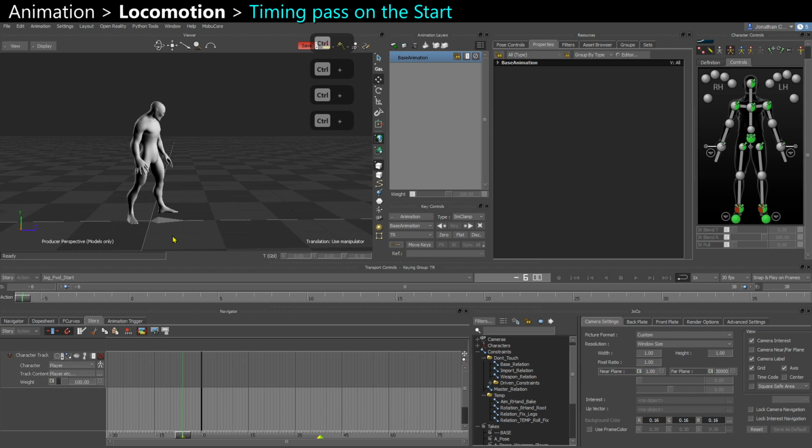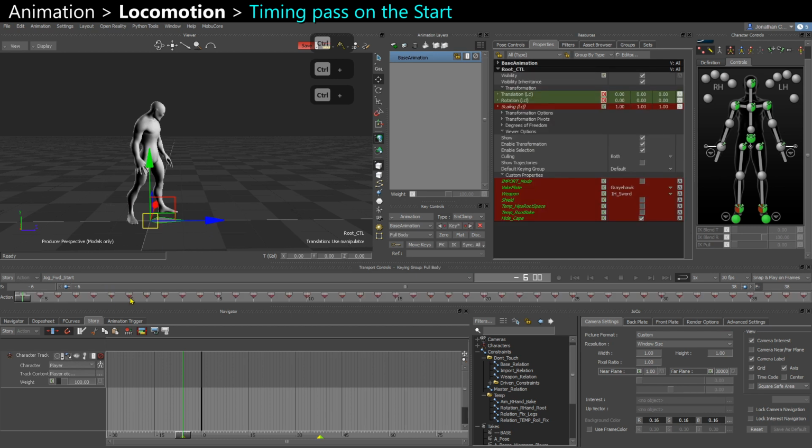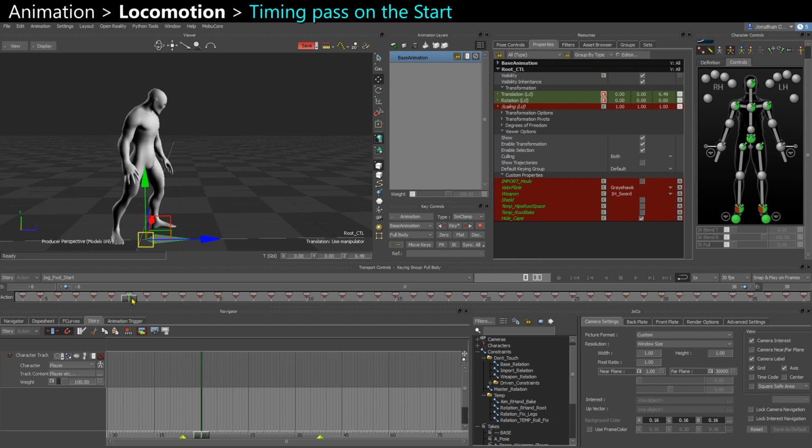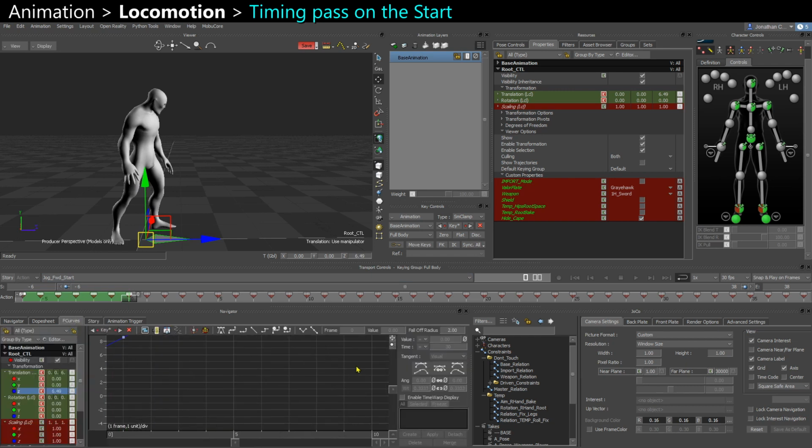So in the game engine, I know that I can start my animation at 0.2 seconds. The thing is, during those first 6 frames, my root already starts moving, and that's not good. I want the root to stay still until the start actually kicks in. So if I am to remove those first 6 frames, I want the root to remain still during those first 6 frames. So I can maybe delete that, and